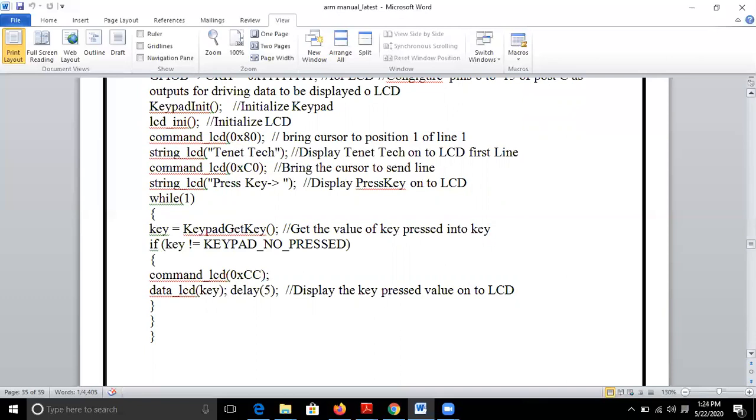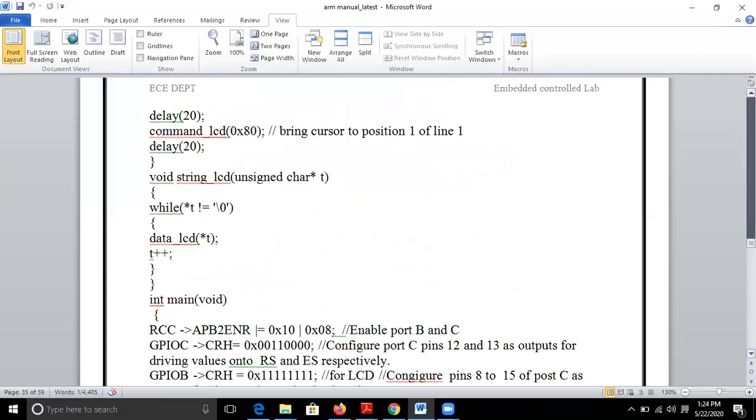So we have a 4x4 keypad. You can identify the keys as 0 to F, F meaning 15, that is hexadecimal: 0, 1, 2, 3, up to 9, followed by A, B, C, D, E, F. So there are 16 keys numbered from 0 to F in hexadecimal. So this is the end of the keypad experiment.